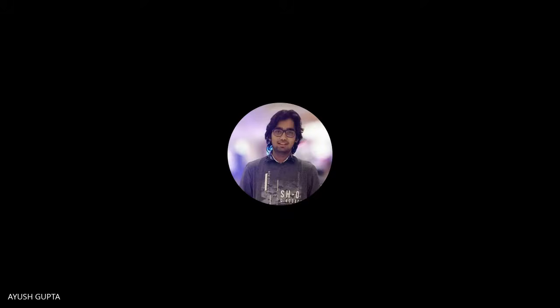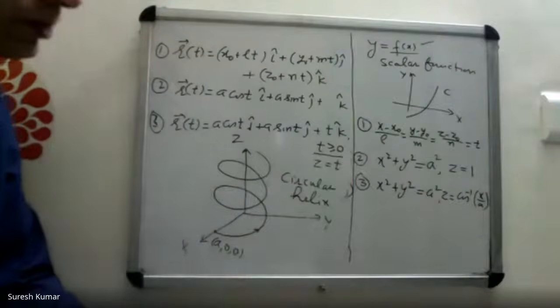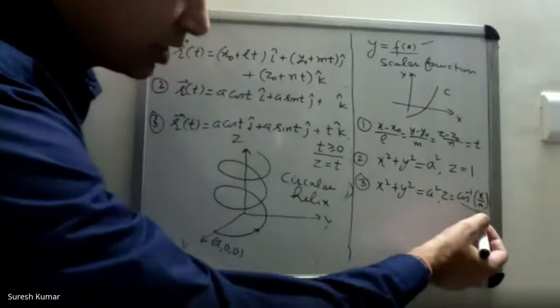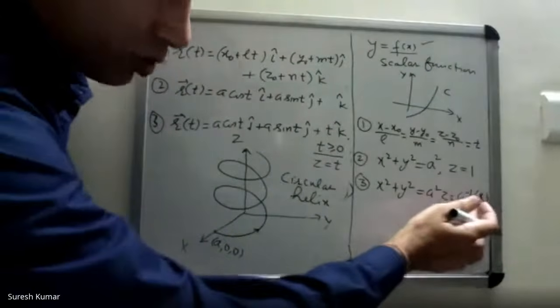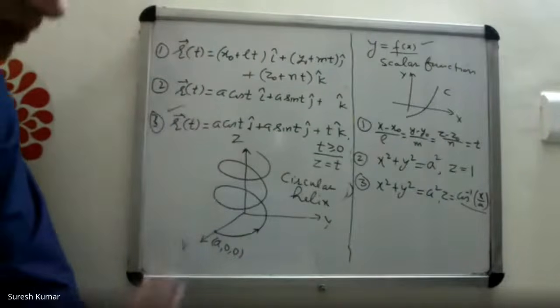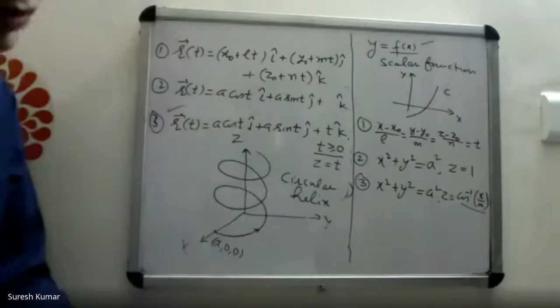Can you please repeat the expression in the third point? Sir, the range of z is fixed? No, it is 0 to infinity. I have shown here, but it is cos inverse. Don't consider it. I have written it just for analogy. I know the cos of cos inverse may not be equal to this. Just to complete this process, I wrote it in Cartesian form. Consider this vector function.